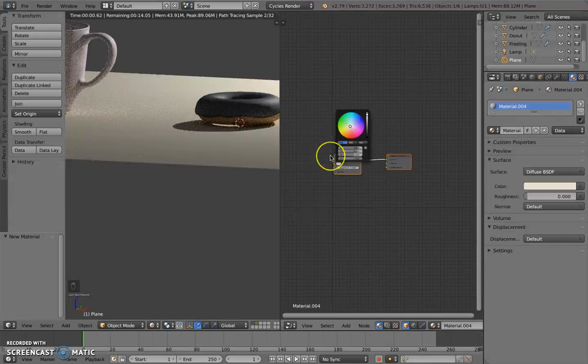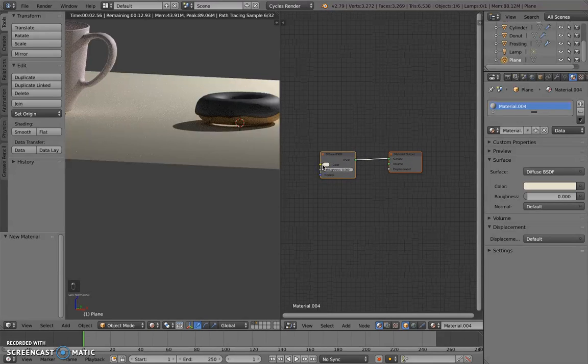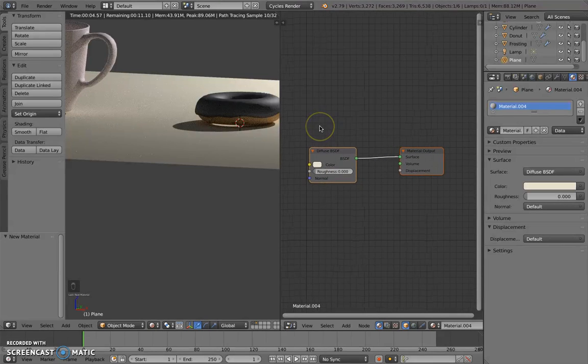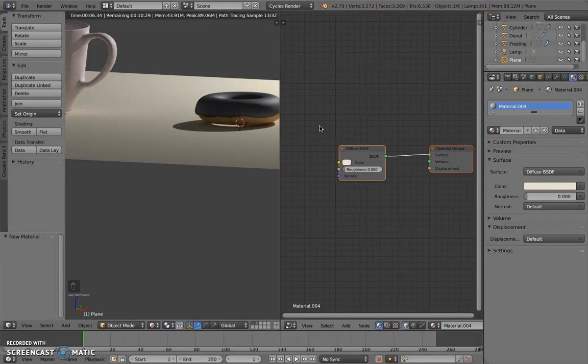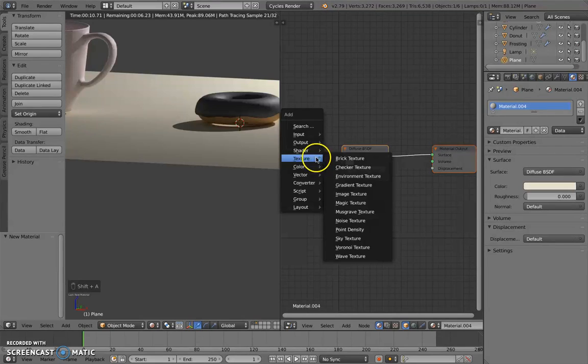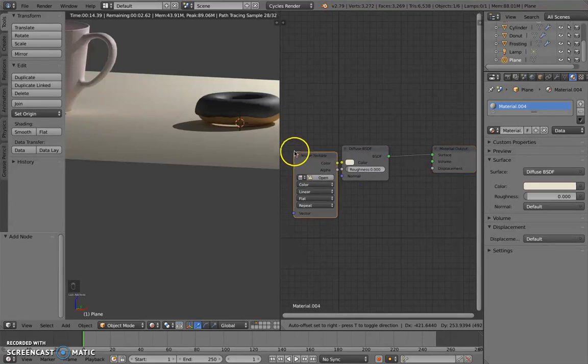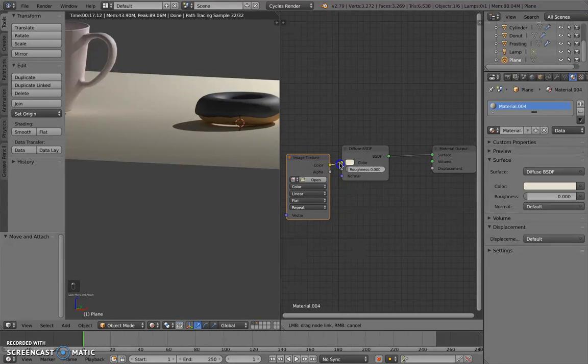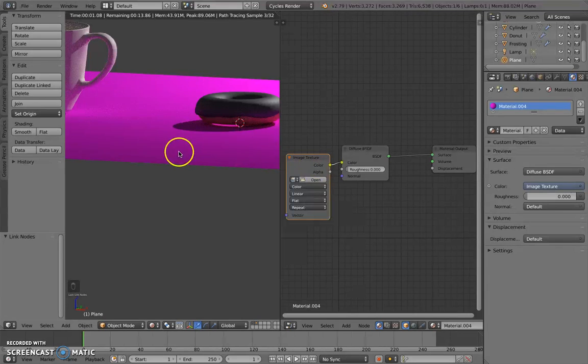Somewhere in the middle. So we've got to start thinking about how I can add a texture to this. So I'm going to hit Shift A, and I'm going to go to Texture, and we're going to go Texture from an image. And so we're going to find Image Texture, and we'll notice that those yellows line up, so that's good. So I'm going to click on that, and because I don't have any image in here right now, we'll notice that,